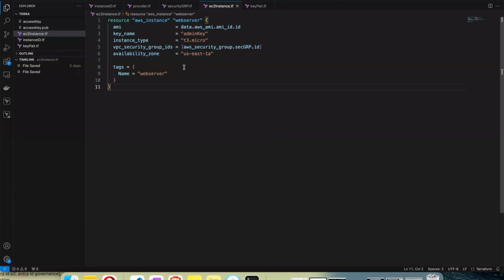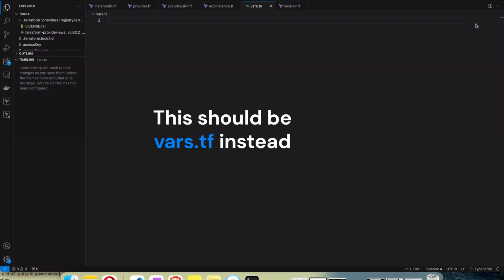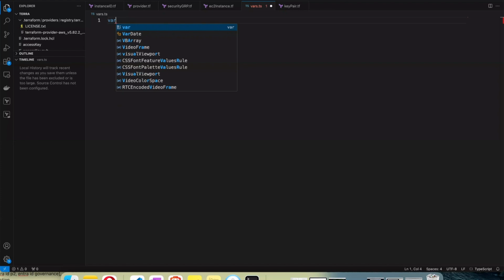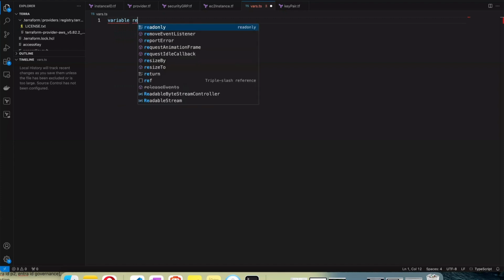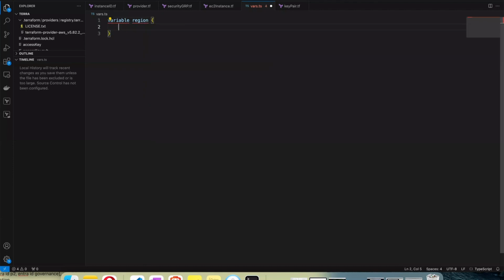First of all, we are going to create a new file. This new file, we are going to call it vars.ts. So we are going to create variables here like I already discussed. The first variable that we are going to create, so usually you call it variable and then we give it a name. So we are going to create a variable that is going to contain our region. We create the variable and